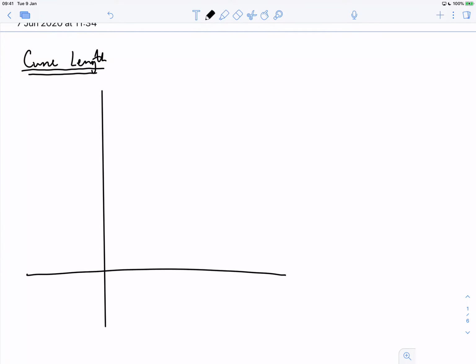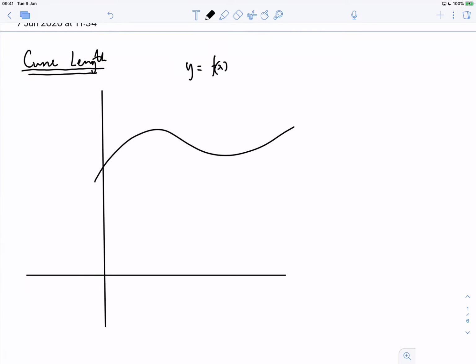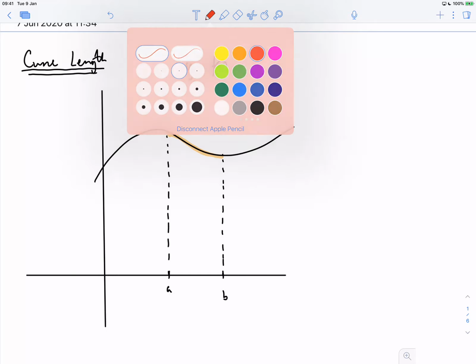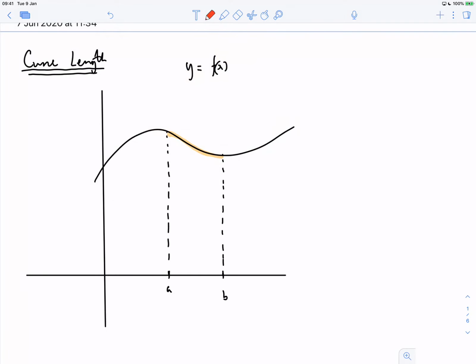imagine I've got a function. Let's say this is y equals f of x, and it's just behaving so and so like that. And let's say in a particular interval, let's say a to b, like that, I am interested in the length of this curve. Okay, I'm interested in the length of the curve on that interval. So the one thing I could do is I could say, well,